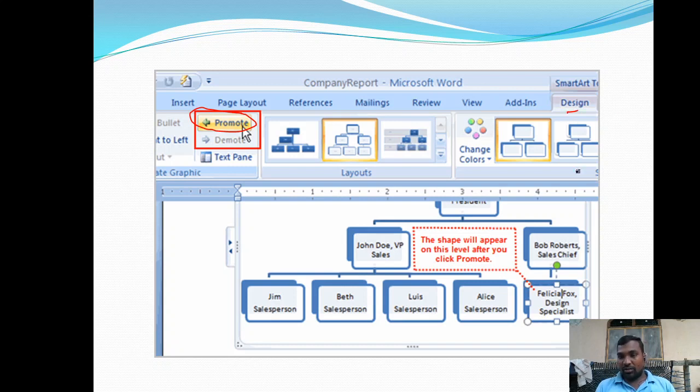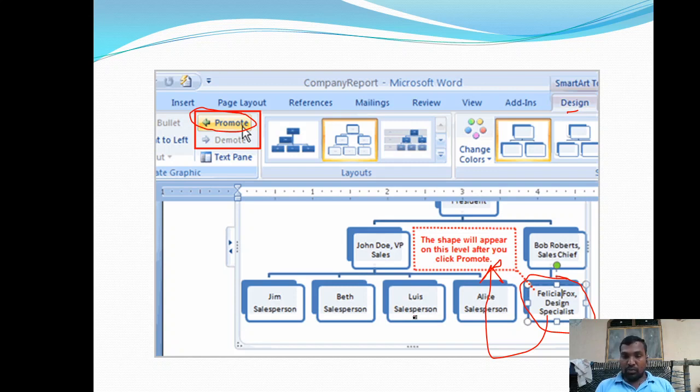Here this is the shape I am selecting, and now I want this shape to move one level up. The dashed box indicates that this particular shape is going to move to this place. So how does it happen? Select this particular shape and click on promote, then it automatically moves one level up. Are you getting the point?